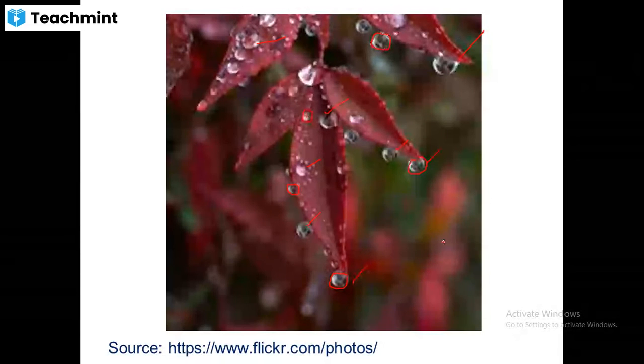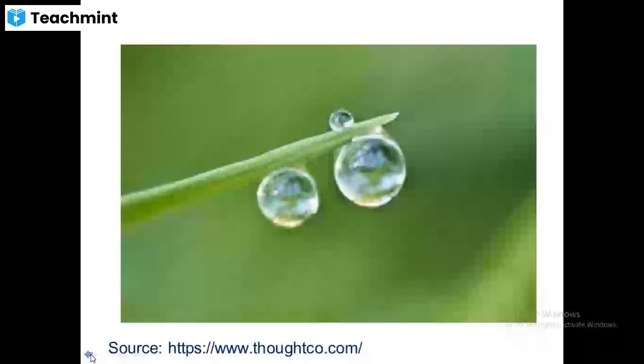So why are the liquids spherical in nature? Why are they taking the spherical shape? Again, the reason is the phenomenon of surface tension. It is because of surface tension that liquids always try to have a spherical shape. What does it mean? We'll discuss it in a bit. But remember, this is one more classic example where you can find spherical shapes attached to a flower or a leaf during the rainy season. The concept behind this is what is known as surface tension.